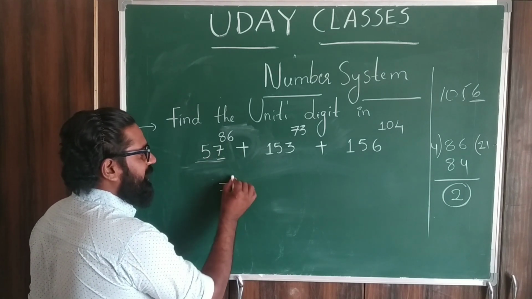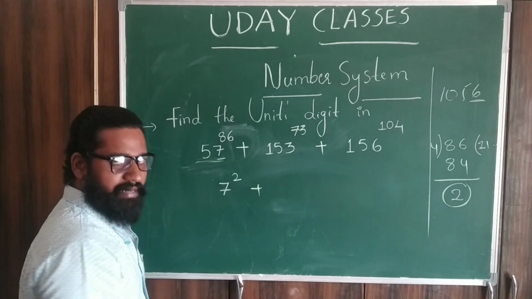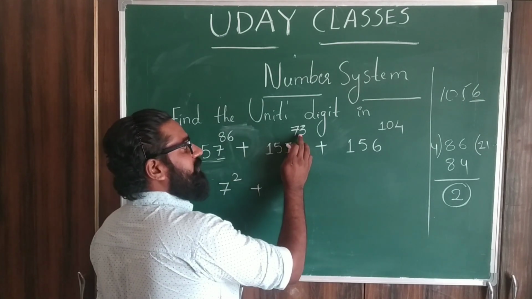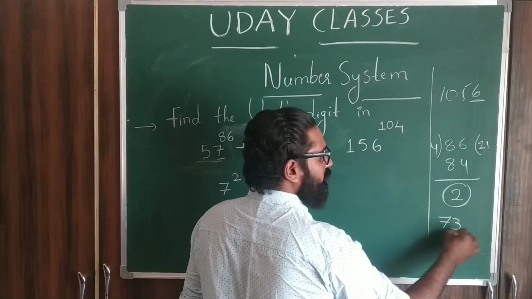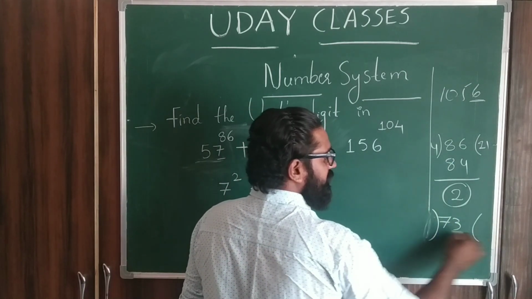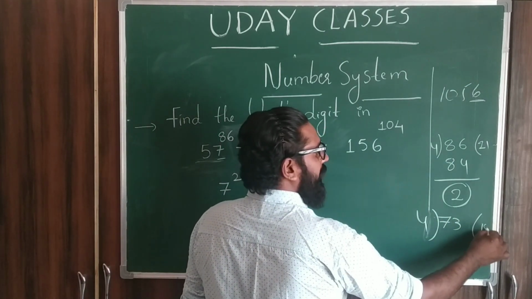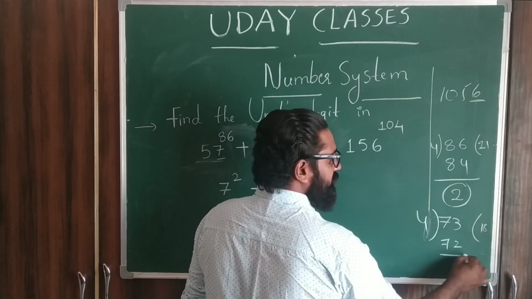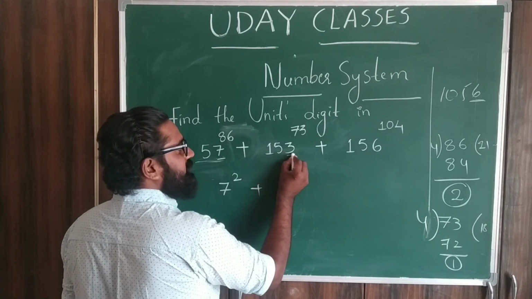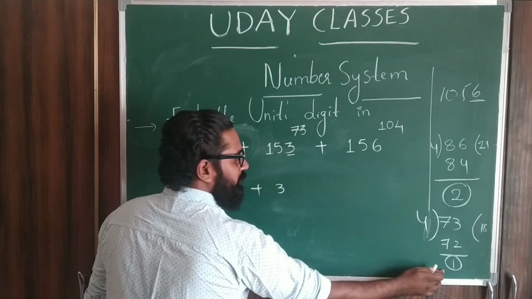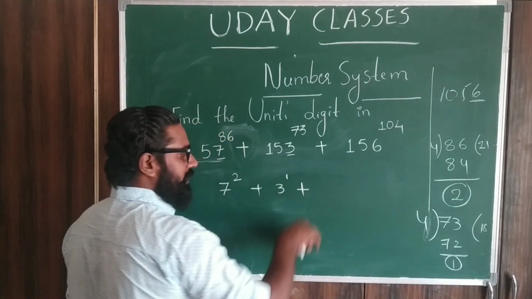So you can write it as 7 square. Plus, next in the same way 73. Divide 73 with 4. So 4 18s are 72. What is the remainder? Remainder is 1. Again you can write last digit is 3. So 3 power 1 plus